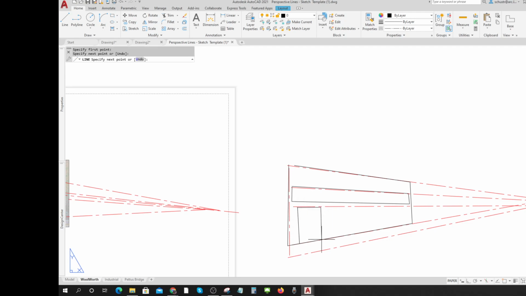And again, this just looks like a sketch. And if the door is recessed back a little bit, you'll see something like that. And maybe there's a window there. And then maybe there's another door there. So these become guidelines, the perspective lines become guidelines for you. So that you can draw